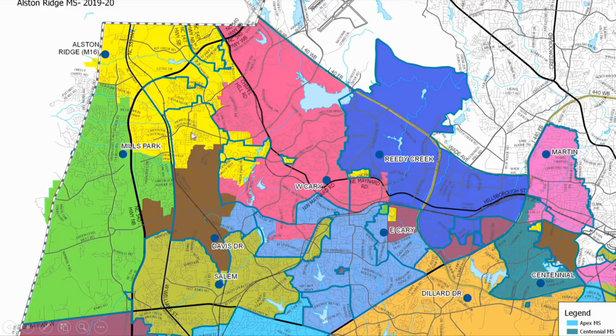Again, here's a portion where Carpenter Village that is assigned to Carpenter Elementary, but had Davis Drive Middle School, so that was a mismatch there. This was previously part of East Cary Middle School. This is the Carpenter piece that went to East Cary. This would now go to Alston Ridge Middle School. You've got Morrisville here in this area that would be assigned to Alston Ridge Middle School. And the traditional application school for the area would be West Cary. And we'll talk about that in a couple slides as well.